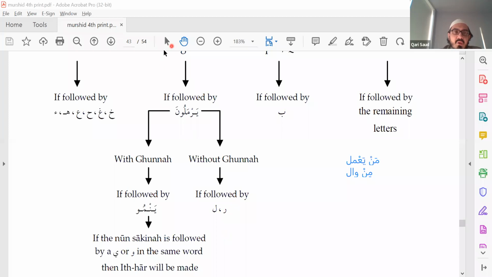But if it was a lam or a ra, then you read without ghunna. Example of that is man law. So meem, noon, lam, waw, like that. Man law. So the noon joins the lam. We know that because it's idgham, so you don't read the noon. And then you don't do any extra pull or extra ghunna, because it's ra or lam without ghunna. So you just say mal law. There is no trace of the noon remaining there. Okay.